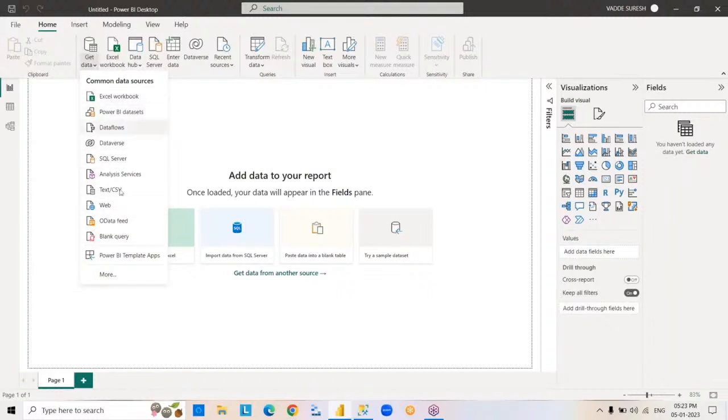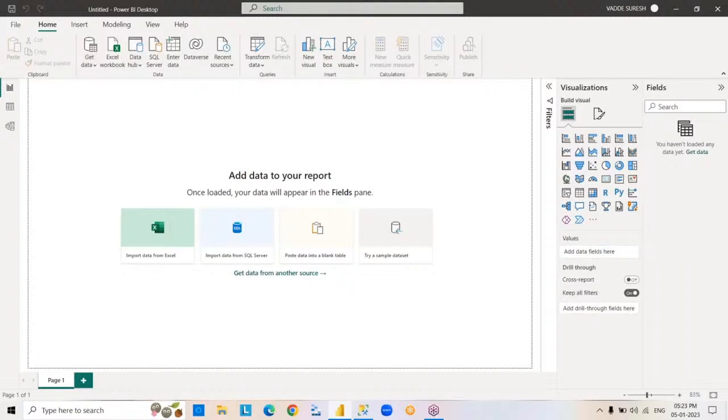By connecting to these data sources only, we can copy data. In the same way, before going to copy data from this source, we have to